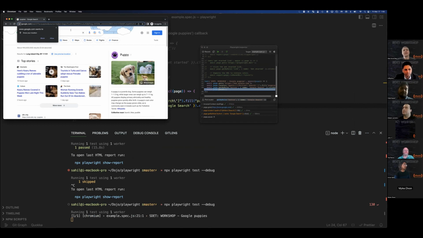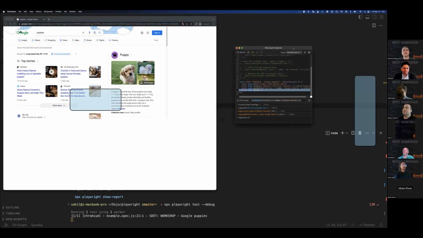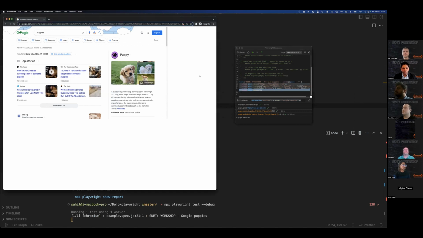So that's pictures to make your day better. Yeah, puppies. You need slow motion or traces or debug to get to the point because it was very fast. You didn't even see the search page at all. Yeah, this is really cool. Usually developing automated scripts without debug mode is a pain in JavaScript, but this is making things way too fast, and I like it.